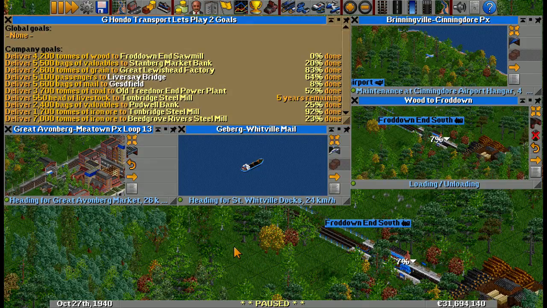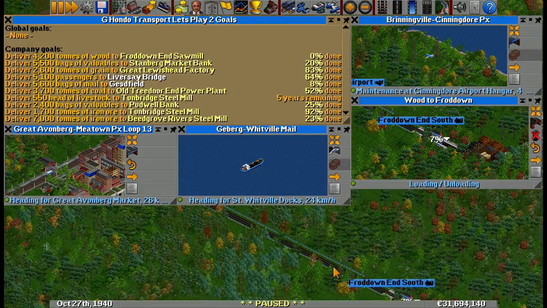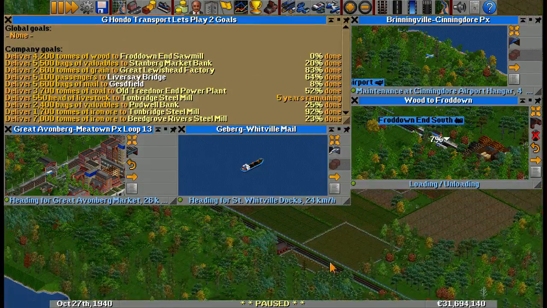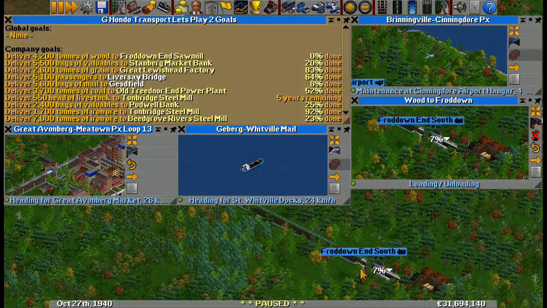This is episode 45. In episode 44 we got two major things done. One was that we got this new mission in for wood to that sawmill, so I went ahead and put in a wood train for that. Easy peasy. So that's really not done too much yet. That's actually just its very first run and it's not even a full load, but that at least got that